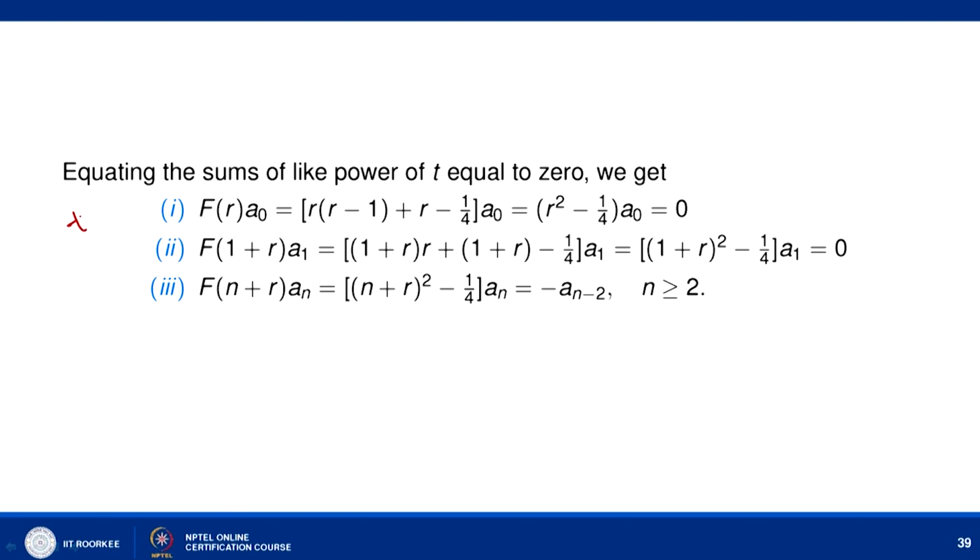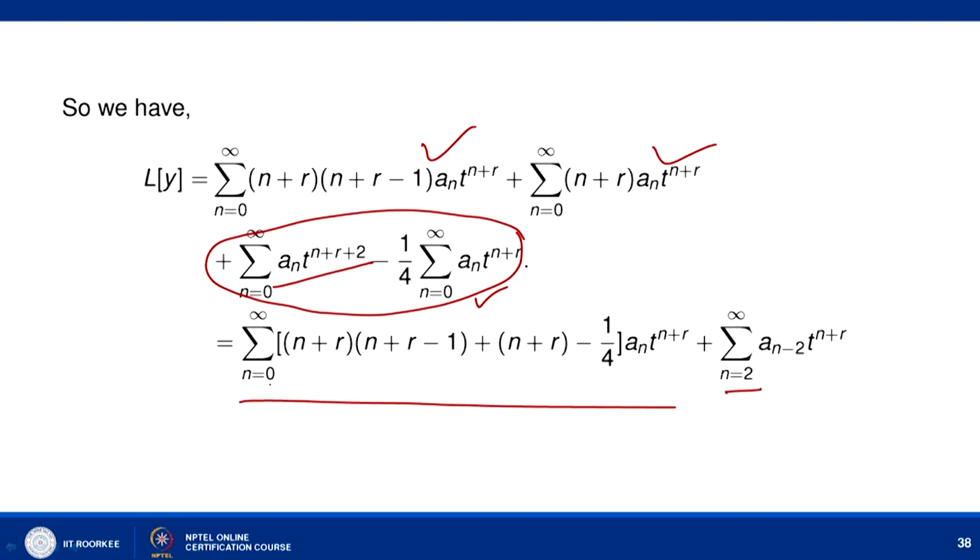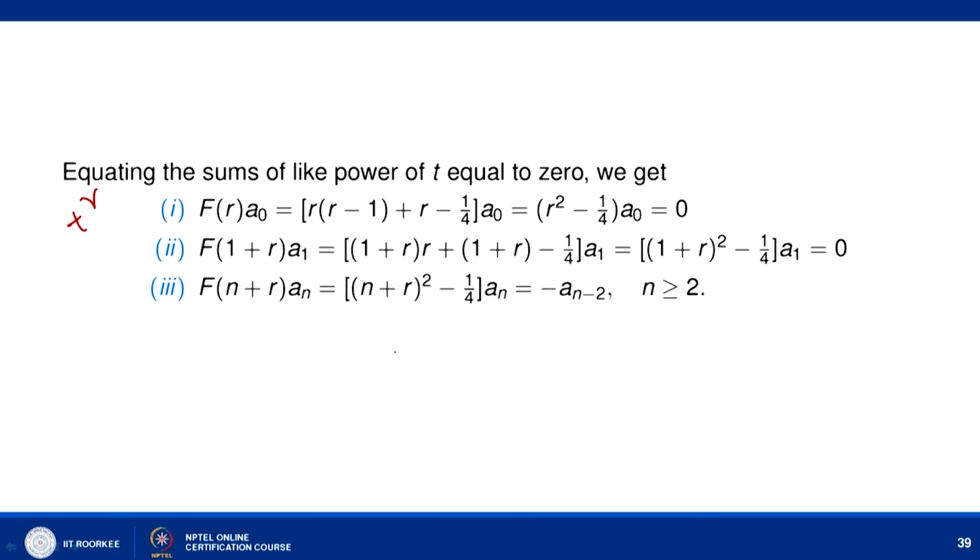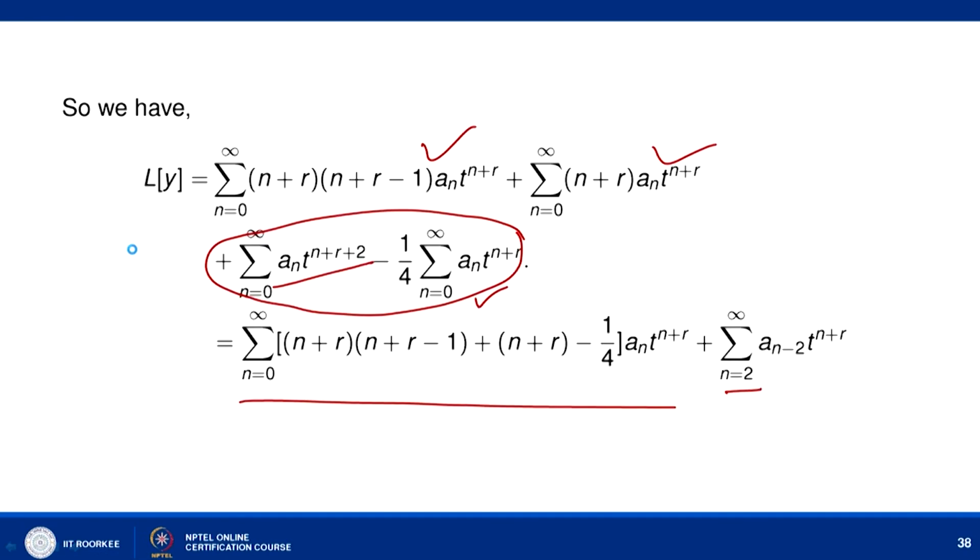So, here we first let us take t to the power r. If you look at the coefficient of t to the power r, that we can obtain by putting n equal to 0. When we put n equal to 0, then it is r into r minus 1 plus r minus 1 by 4. So, it is r square minus 1 by 4 into a naught equal to 0. And when you look at t to the power r plus 1, then again there is no